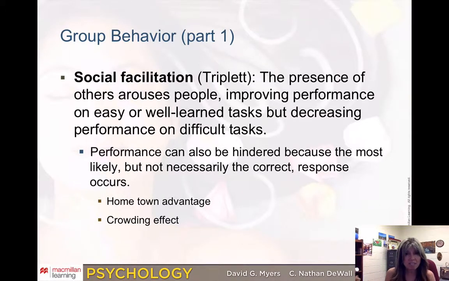And a lot of times there's a lot of crime or fighting, especially at soccer games. I don't know if you guys watch soccer, but the fans get just as rowdy. Like there's a lot of fights on the field, and there's a lot of fights in the stands. And so the crowding effect actually causes us to be a little more hostile, to join in and do these things in the crowd. The hometown advantage is exactly that. For whatever reason, if you look at statistics, teams play better when they're at home. They have the hometown advantage because